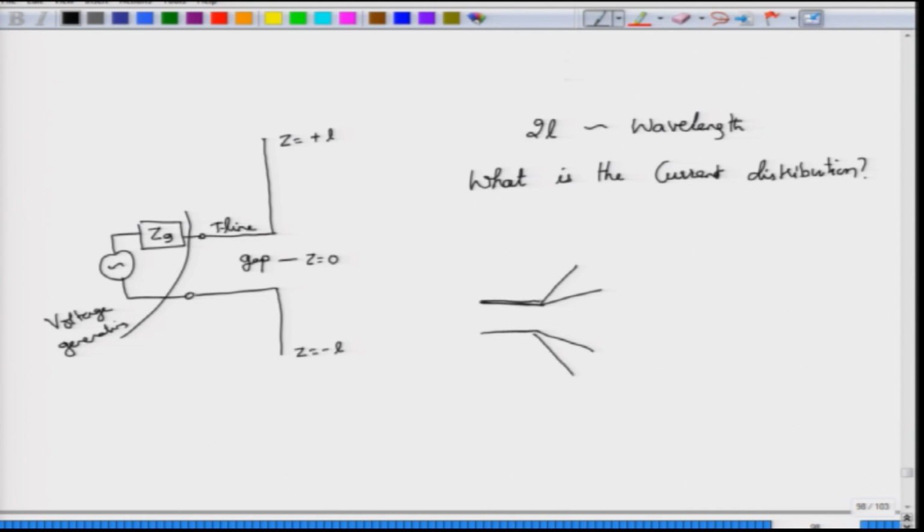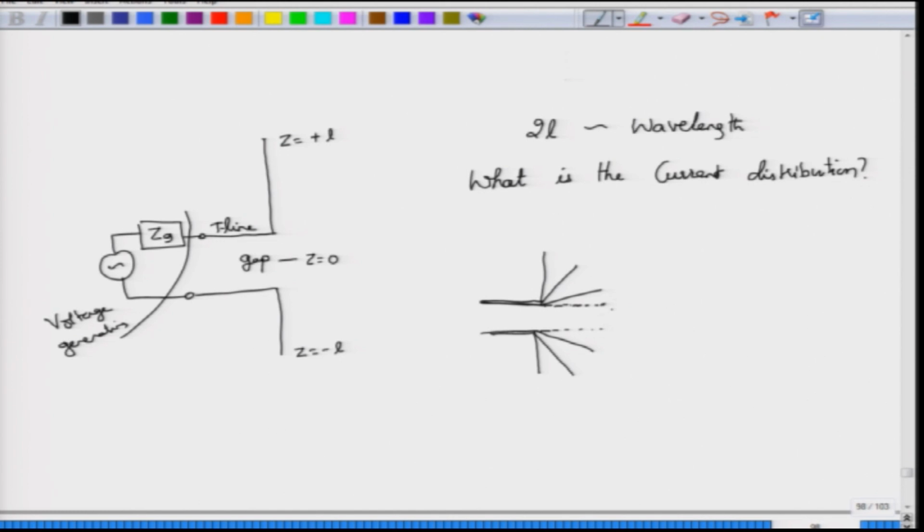So, you can think of this antenna as starting off with a straight transmission line, and then as you start bending the two wires of the transmission line at different angles and eventually reach a 90-degree bend, that would be the antenna that you would obtain, which we have called a linear or a thin wire antenna. And we know that because there is an open circuit at the ends, the current distribution has to be in such a way that you will have